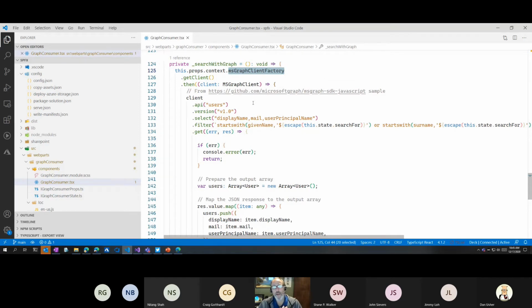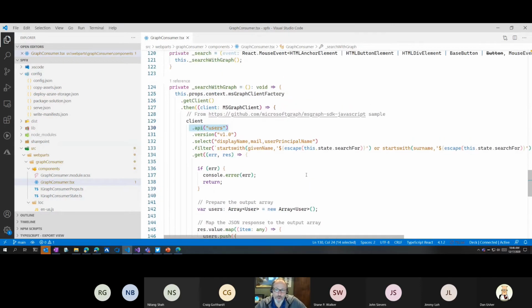So when I run my code on a SharePoint page, it can be an extension or it can be a web part, but either way, the user's already logged in. I'm already getting a bunch of stuff from Microsoft on the page. And so why do I want to do something different? That's the idea around this MS Graph Client Factory. Using this client factory, I say, get a client. And when I get that client, then I can just run the API method here to build out my query, right? And so that's as simple as I need to do in my code.